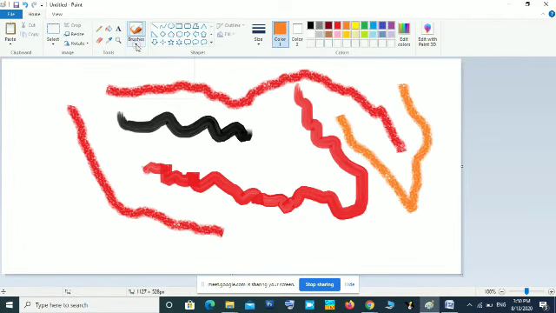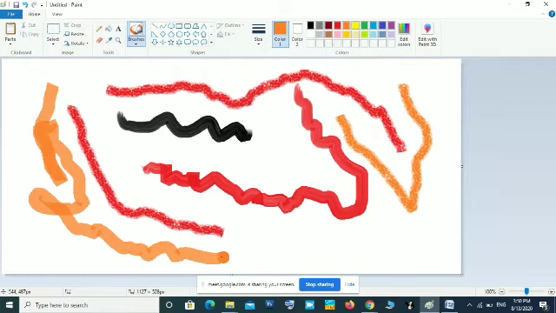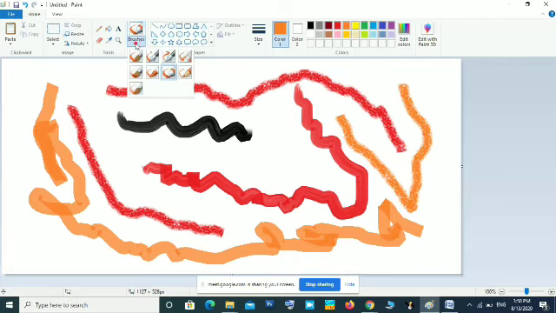The next one, after that, you can see the marker pen. This is the marker pen, so this will have the effect as if we are using a marker pen. In the edges, when we are moving on the edges, you can see it is just like we are using the marker pen. Okay. After that, the standard natural pencil. If you want to draw some shapes before coloring, we can use this natural brush.